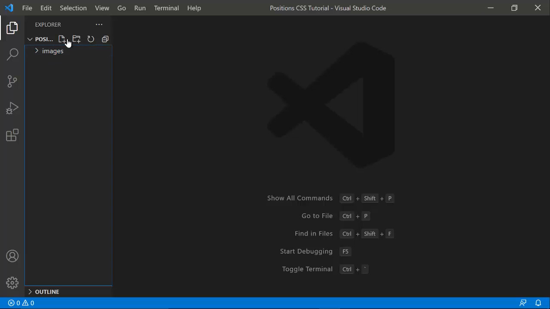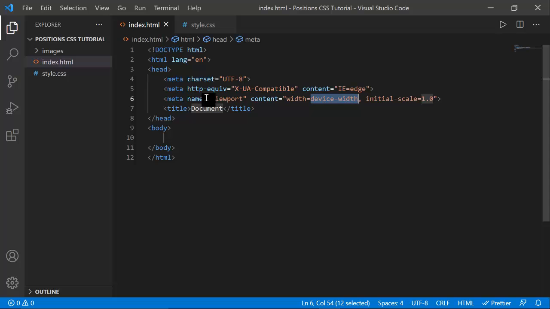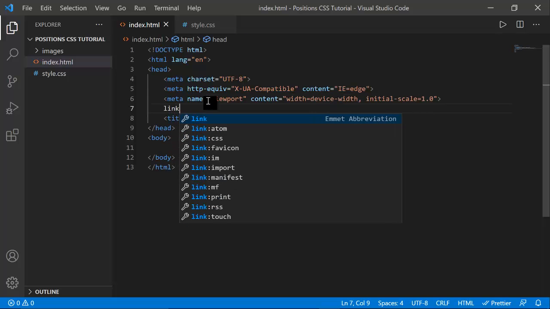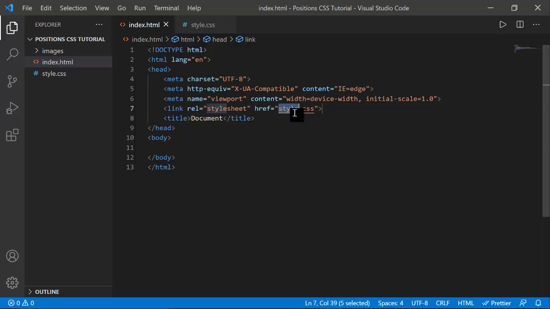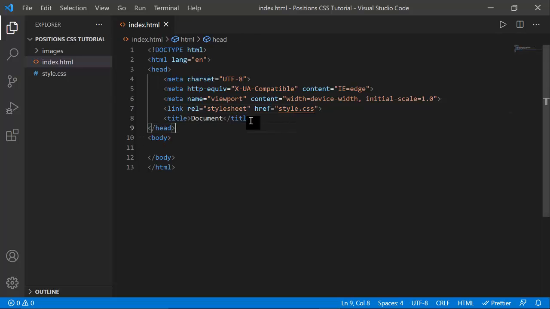I'm gonna take some initial steps and make some files, like index.html and also a file called style.css. Now we are gonna link our CSS file in our boilerplate. Now you can see it is linking itself, writing the name, everything, and I'm gonna change its title to positions. Okay, positions in